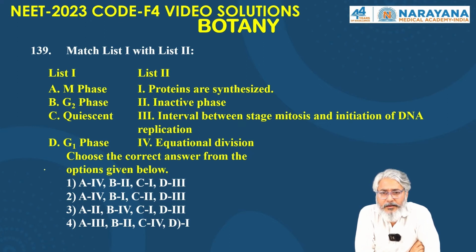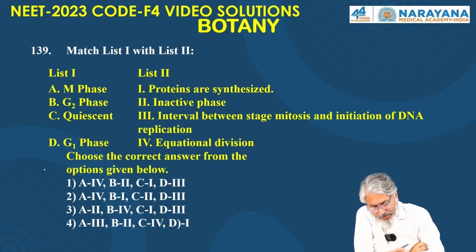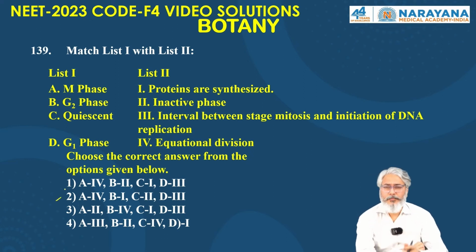So G1, D means 3. D means 3, right? Quiescent means inactive. C means 2. So the clear answer is the second. Just you need to specify